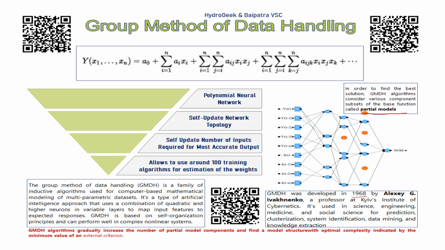Ivanenko, a professor of Kiev Institute of Cybernetics. And the equation used is this one. This y, this is your y1, and I think you know what this is. This a0, ai, these things are coefficients. A is the coefficient, x is the inputs, this xi, j, k, these are all the inputs, and this n is the